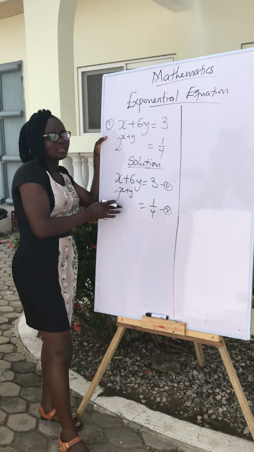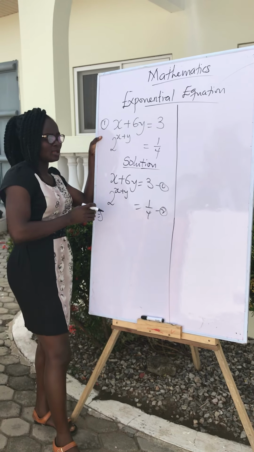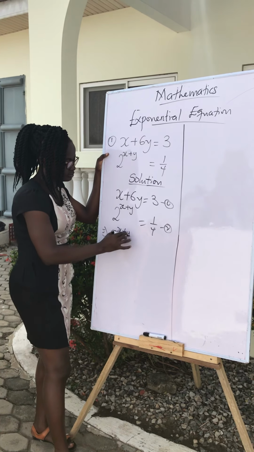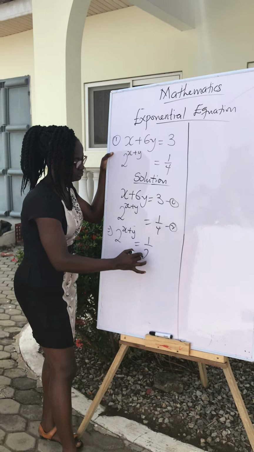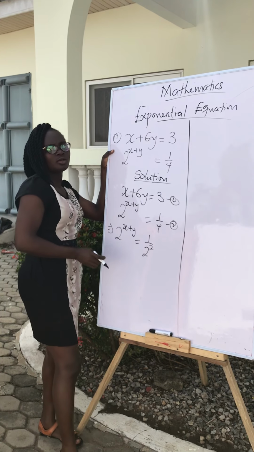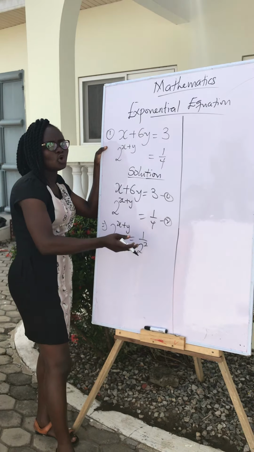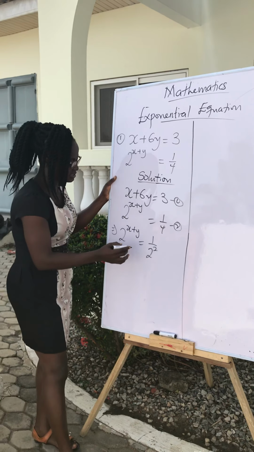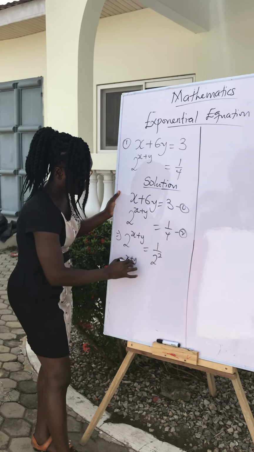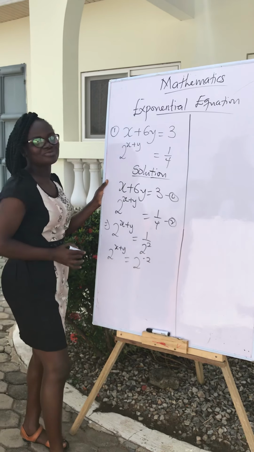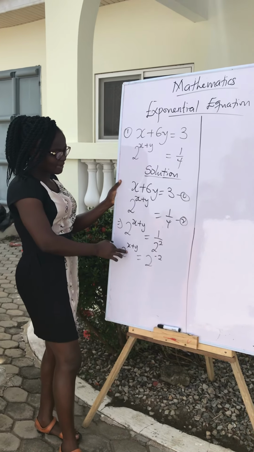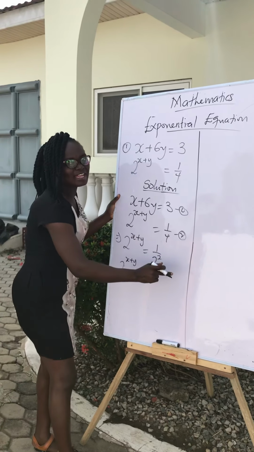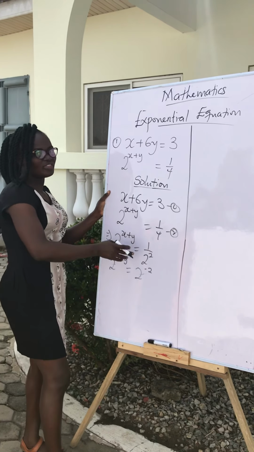We have to make the bases the same. We have a fraction. Let's tackle this one. So it becomes 1 over 4. Breaking 4 to base 2 becomes 2 exponent 2. This can also be written as 2 exponent negative 2. Great. Since the bases are now the same, we drop the bases and equate our exponents. So this one becomes